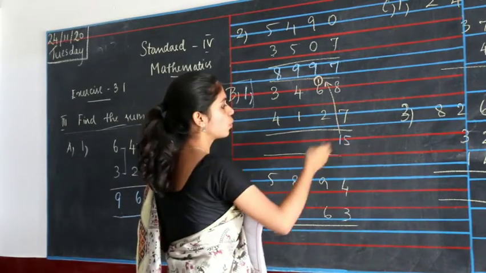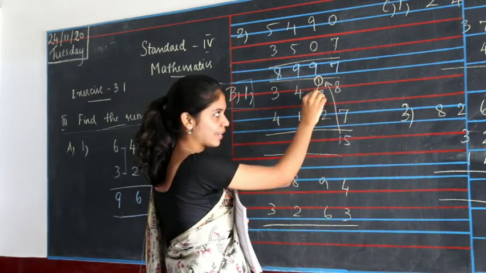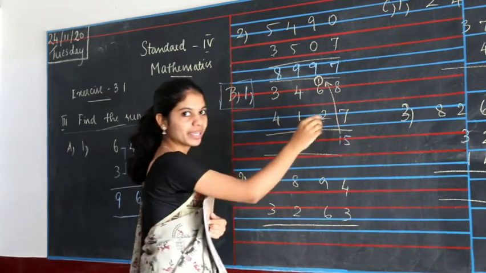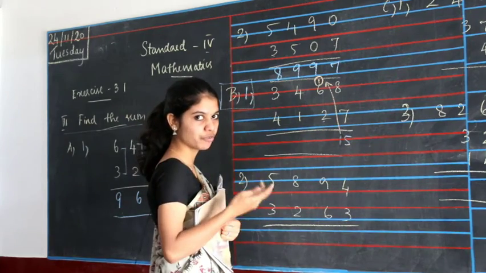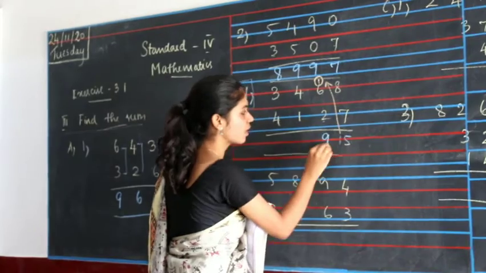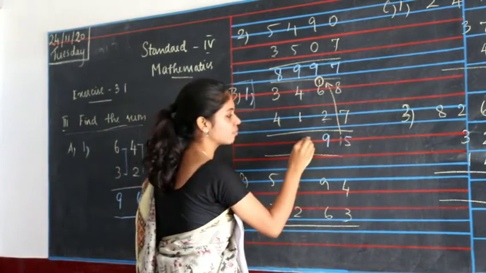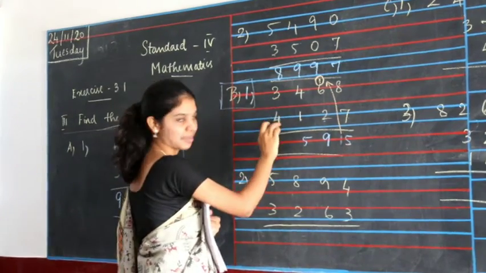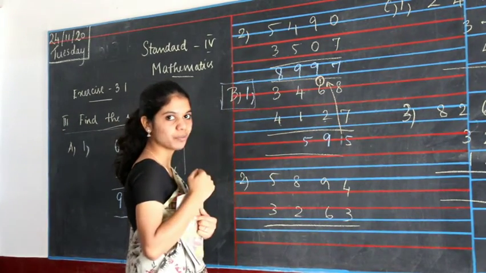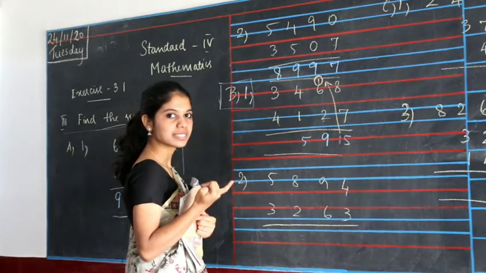Then what you have to do is 1 plus 6 will be 7. 7 plus 2 will be 7 in your mind, 2 in your fingers. 7, after 8 and 9. Then again 4 plus 1 will be 5. 3 plus 4 will be 3 in your mind, 4 in your fingers. 3, after 4, 5, 6 and 7.